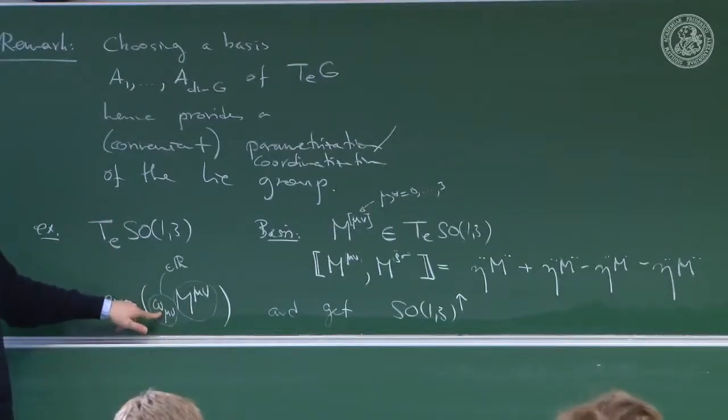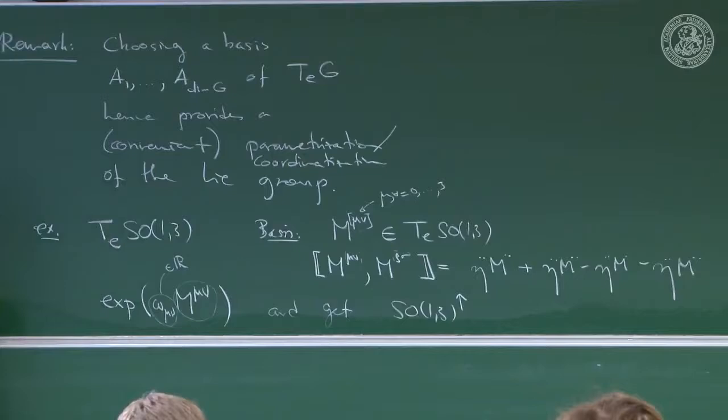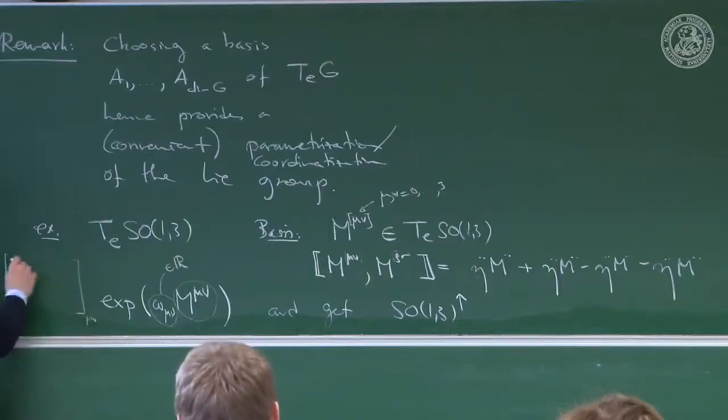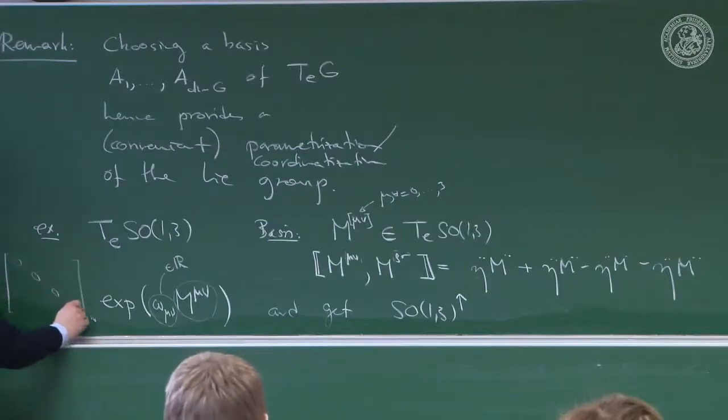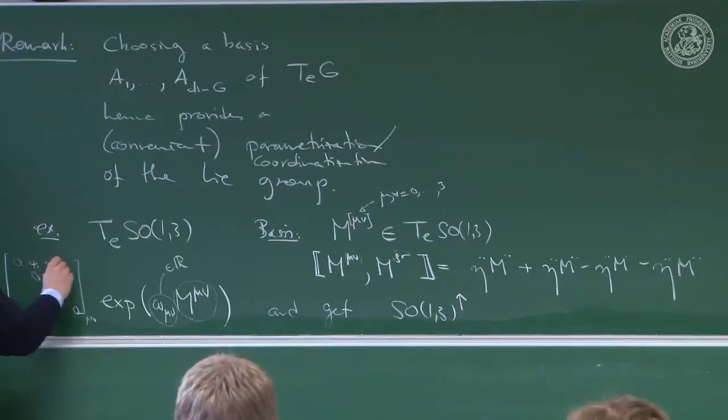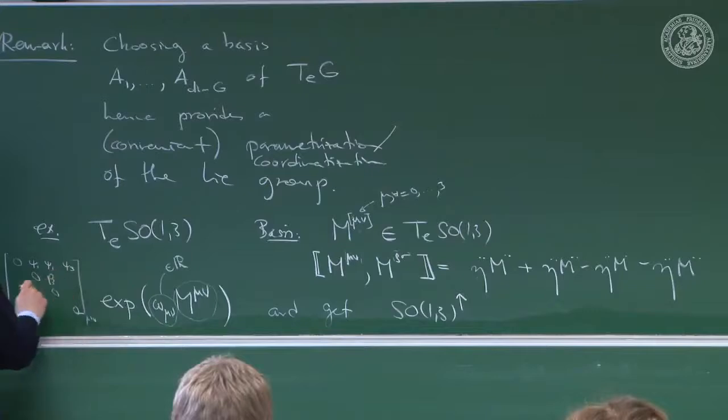And they're very convenient coordinates, because if you look at them, because it's antisymmetric, well, because it's a matrix, you can write this as a 4 by 4 matrix, but it's antisymmetric, so it has zeros on the diagonal. And if you look closely, then you have here psi 1, psi 2, psi 3, and here you have phi 1, 2, phi 3, 1, 3, minus phi 2, 3, 2, 2, 3, 1, phi 1, and then you have